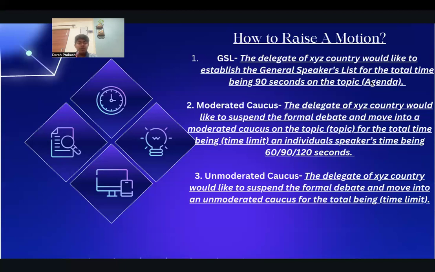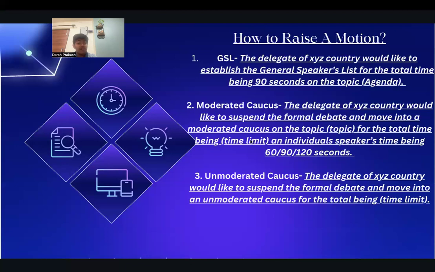After GSL comes a moderated caucus. Then again, the EB will say the EB is looking for motions on the floor. Are there any motions? Then again, you have to say the delegate of XYZ country would like to suspend the formal debate. Formal debate here refers to the general speakers list. And move into a moderated caucus on the topic. Then you need to mention the topic of the moderated caucus, like deliberation upon addressing the loopholes of certain policies